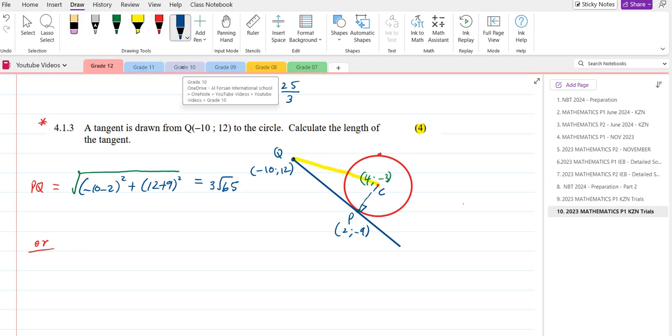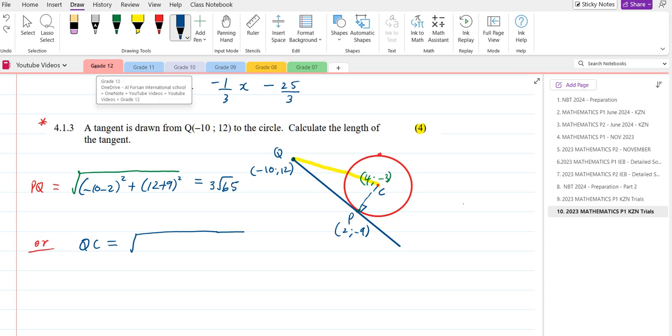So if you're looking at Q as a different tangent, so you're going to say Q to C, the distance from Q to C is equal to, yeah guys, I think this is another tangent, right? Yeah, I don't think this is the same tangent. It's a different tangent that's drawn. Okay, so the distance from Q to C is,